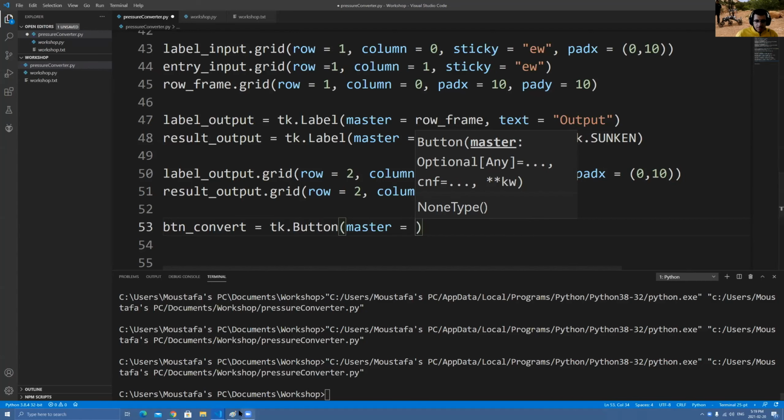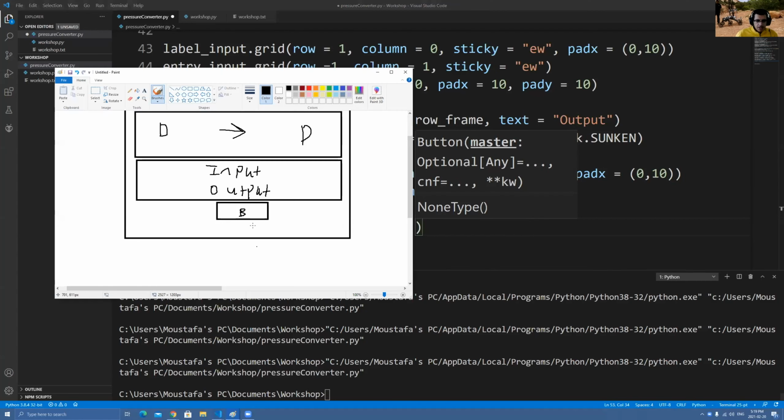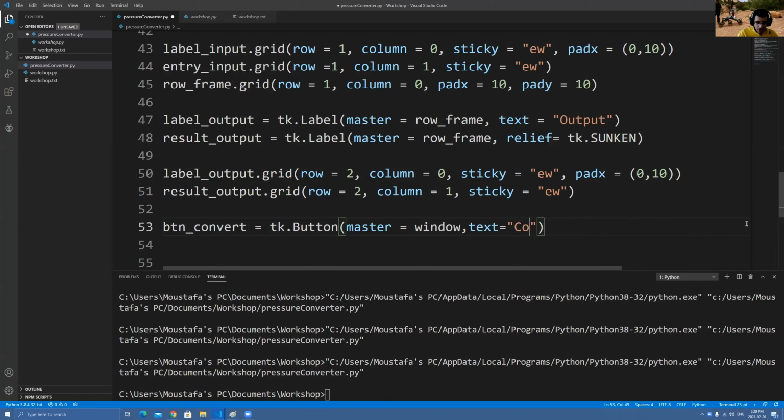Now, I said before that for the button itself, it doesn't make sense to make a container just for the button, because I don't want to put more than one widget in that container. It's just the button. So I can just put the button straight into the window, into the main GUI, like the main screen. I'm not combining multiple GUIs for that container. So master is equal to window, and then text. So what do you want that button to say on it? So I'm going to say text equals convert,